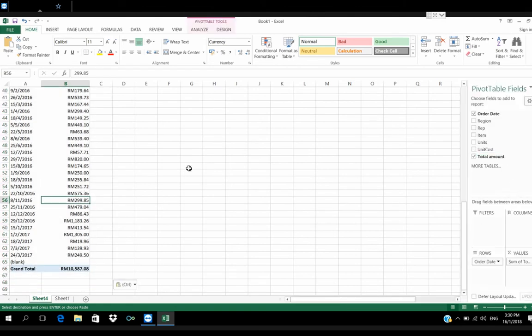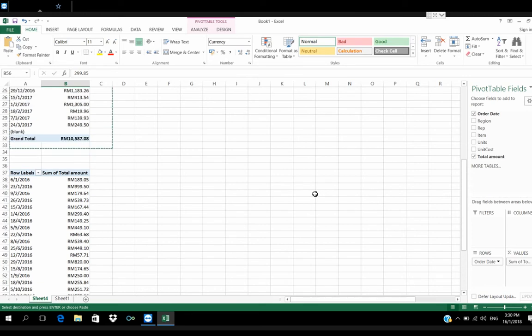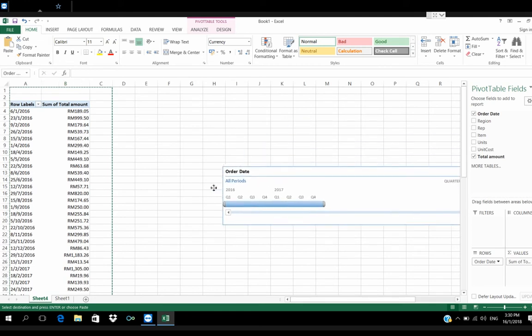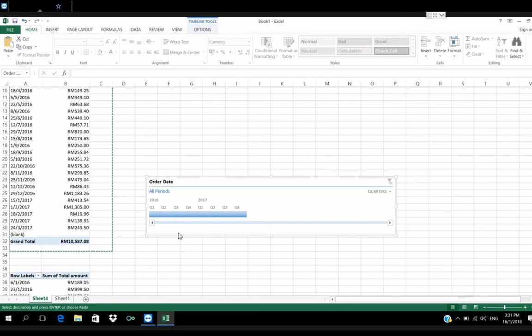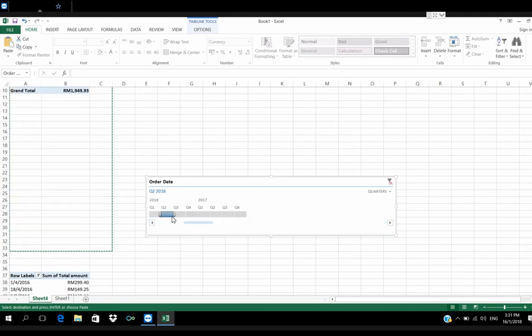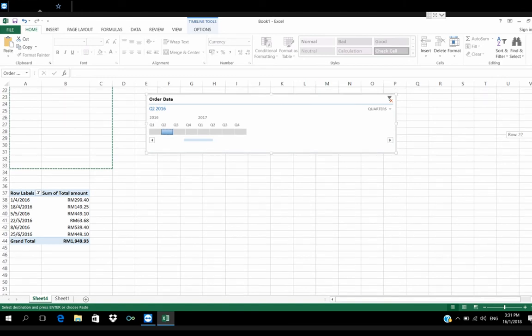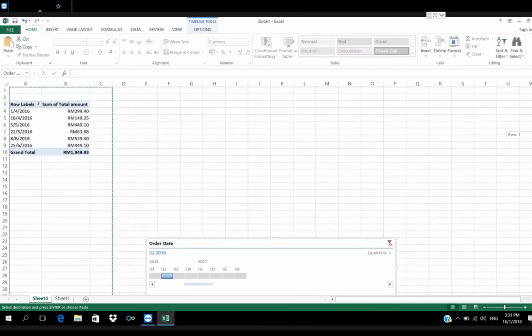You can see this timeline filter only affects these two pivot tables. You can see both only show 2016 second quarter, which is April to June. Both have the same data.